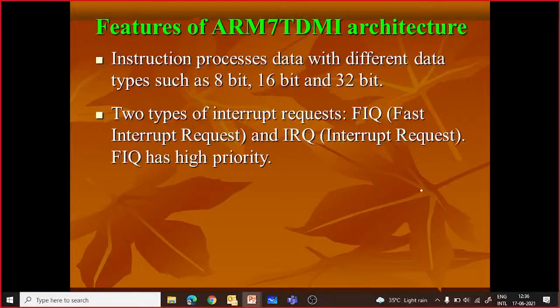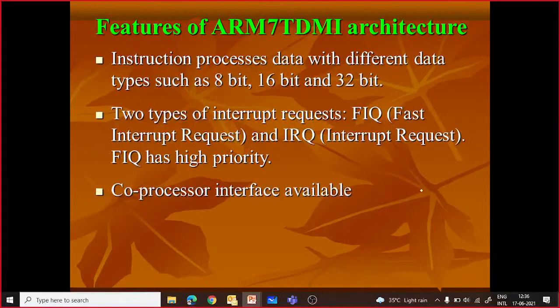There are two types of interrupt requests. One is FIQ, fast interrupt request, and one is IRQ. It's a normal interrupt request, a simple interrupt request. FIQ has the highest priority because, as the name suggests, it is fast, so naturally it has the highest priority. And we have seen that in FIQ mode, more registers are given to you. A fresh copy of the registers is given to you, compared to IRQ. Because in FIQ we don't want to waste time saving the registers into the stack memory. That's why more registers are given to you, so you can freely use them during the FIQ operation.